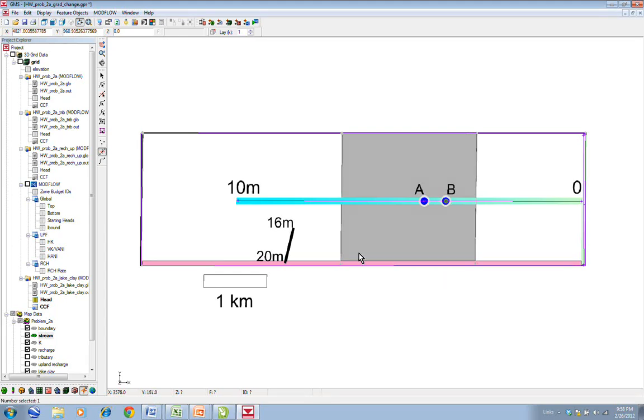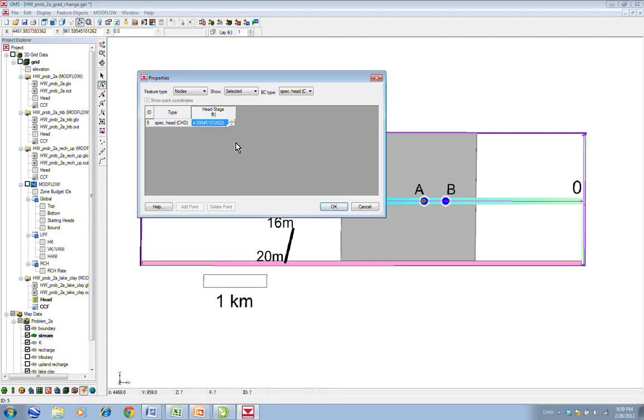So we put vertices along that line, and then we'll go to select vertices, and we'll select that vertex, and then we'll use this function that maps the vertex to the node. The node is what will allow us to control the hydraulic head. We'll do the same thing here. Vertex to node, and then we'll go here and select node editing, and select that,